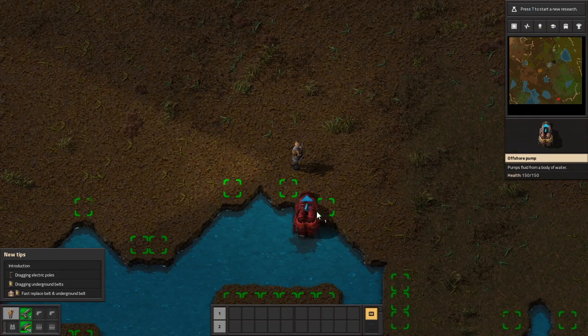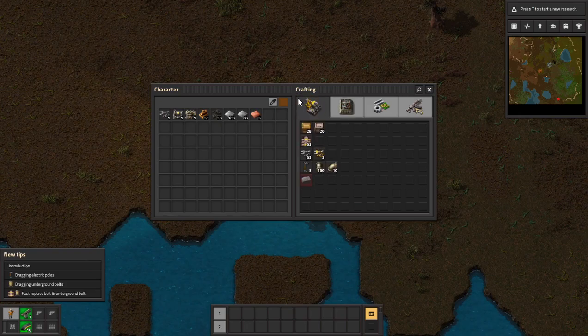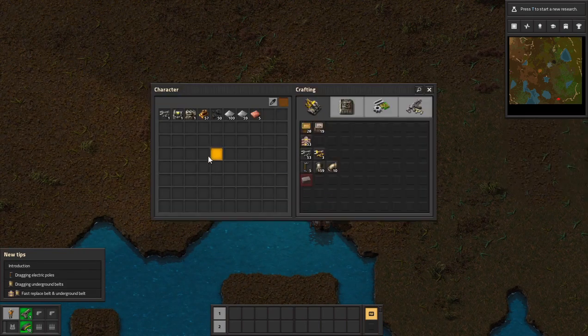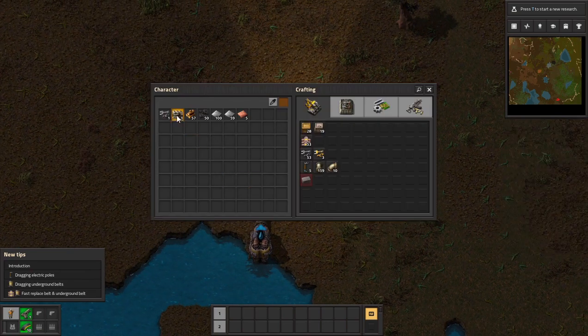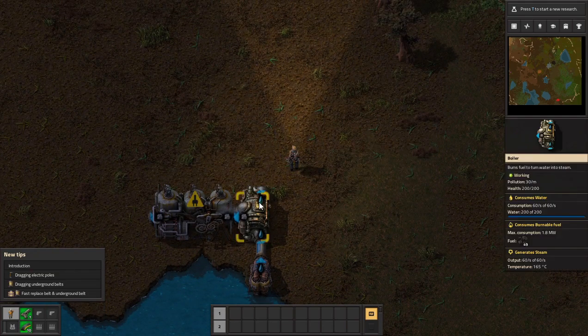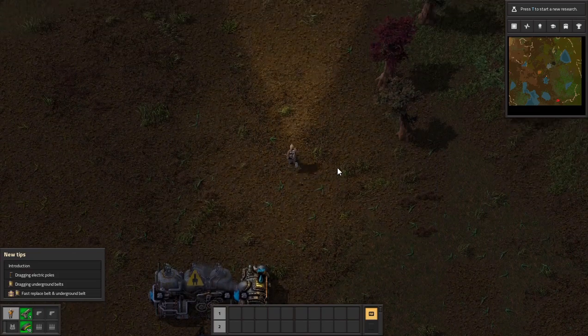So now I've got this pump set up. I can just put one over here. Maybe use a pipe to extend it so it's more efficient. And then maybe get a boiler in here, so that we can put a steam engine on the end. I have 50 coal here, so now we're going to be getting a constant supply of power